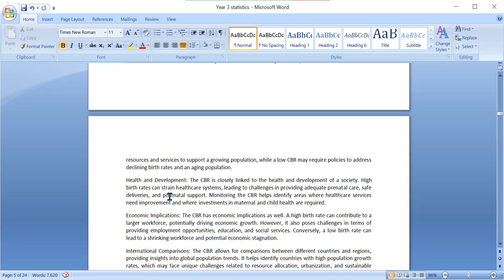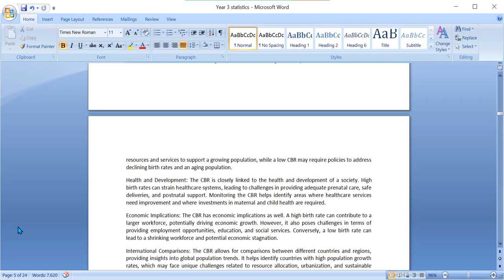High birth rates can strain the healthcare system. When there are many births, the existing healthcare may be overstressed, so it helps with timely planning. It also leads to challenges in providing adequate prenatal care, safe deliveries, and postnatal support. Monitoring the CBR helps identify areas where healthcare services need improvement and where investments in maternal and child